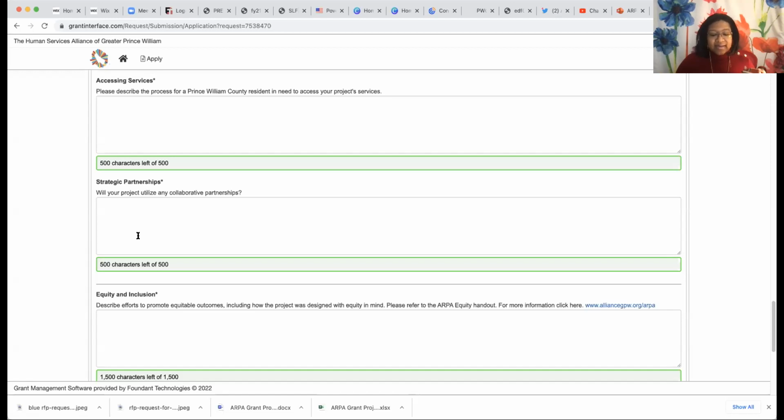The goal is that if we were to pay for a staff person, then that staff person could help the citizen or the resident, I should say, the Prince William County resident, to access whatever services are available to them. So it doesn't have to be through the county program. It doesn't have to be through the state program. There are some instances in which there might be people who don't qualify for any of those programs. And then if that's the case, the last resort that you would have might be to help to pay for some rental assistance or mortgage assistance out of your project budget,